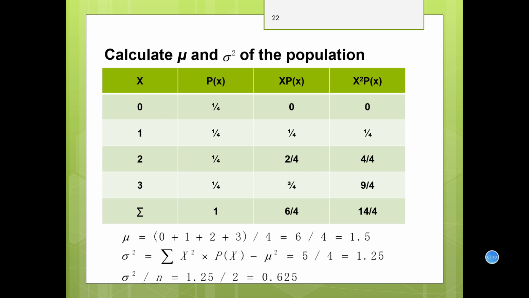Okay, next one, let's try to prove the central limit theorem. Actually, we have already proved something about the theorem. That is mu, or we can say x bar is symmetric about mu. And we have mentioned that